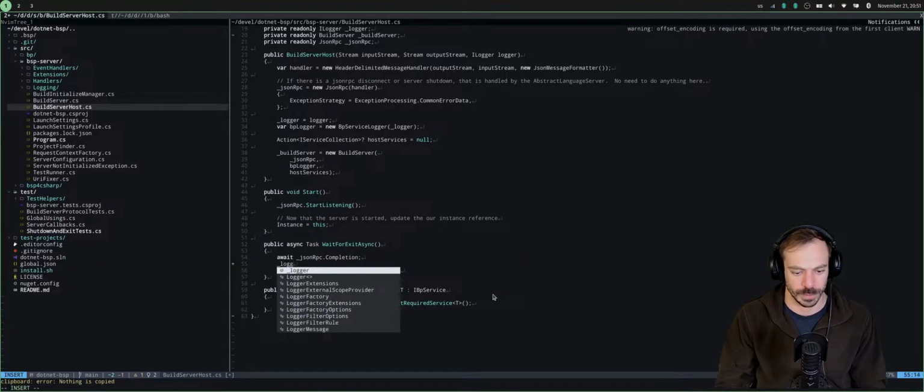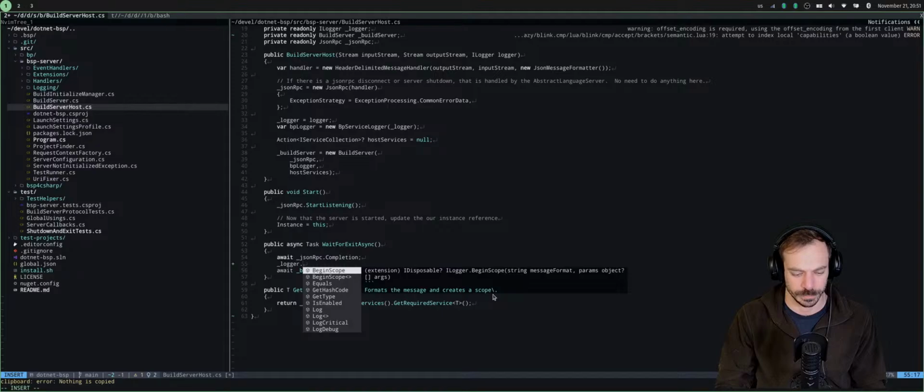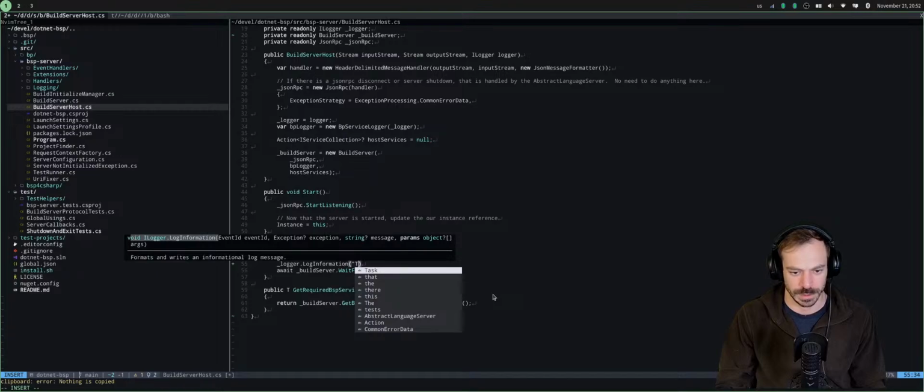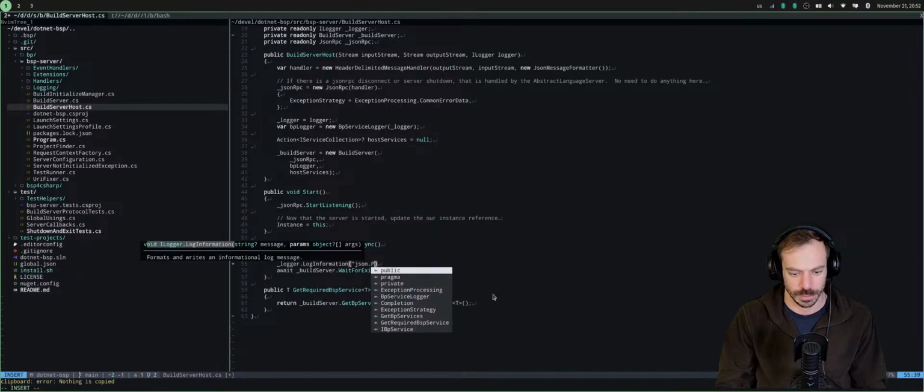Here, logger, information. Say that JSON-RPC is complete.